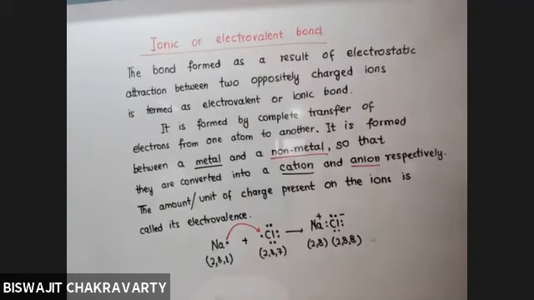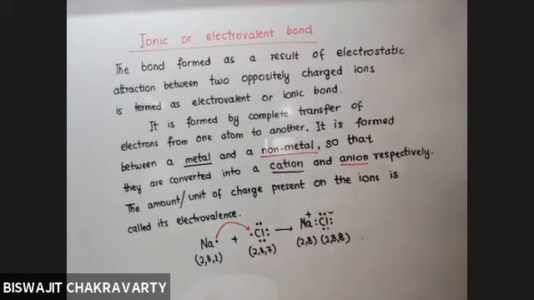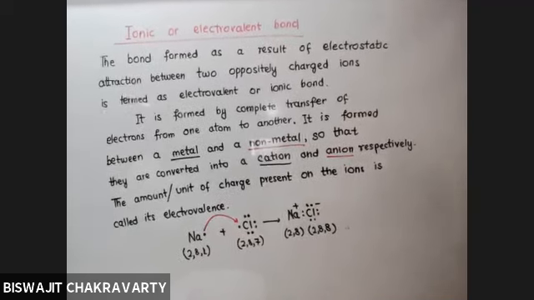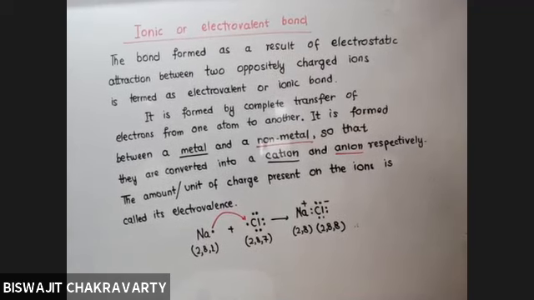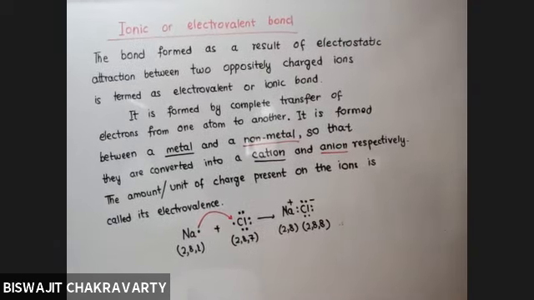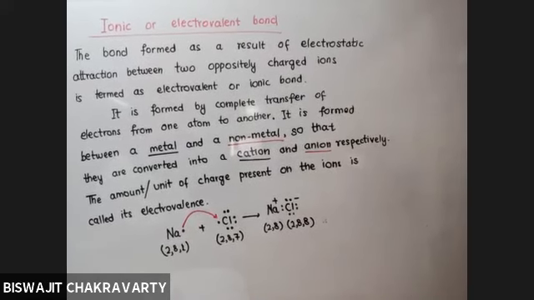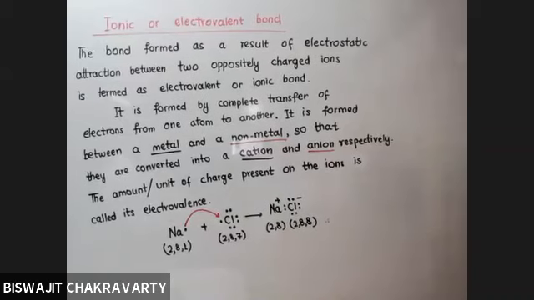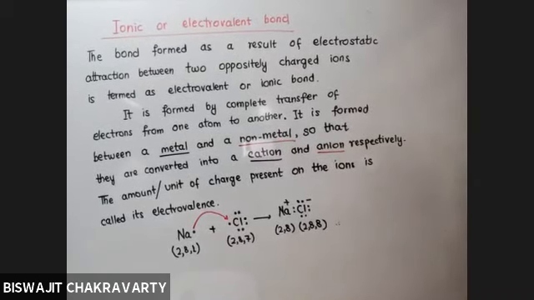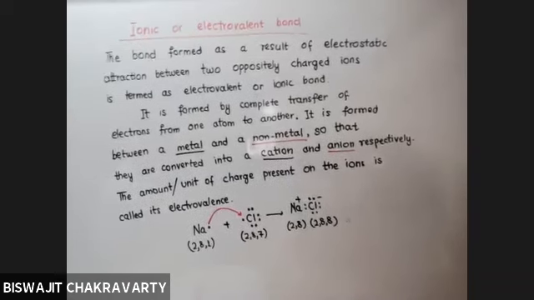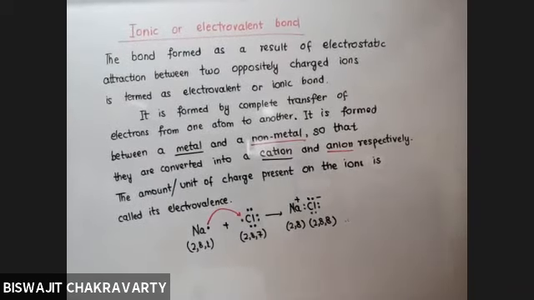Okay. So it's not very confusing because it's as simple as saying that one is donating the electron, other is accepting the electron. The one which donates the electron will develop positive charge, and the other who will be accepting the electron will develop negative charge, and accordingly the bond will be formed, and whatever charges are acquired by the combining atoms will be referred to as the electrovalence of that particular atom. So likewise,